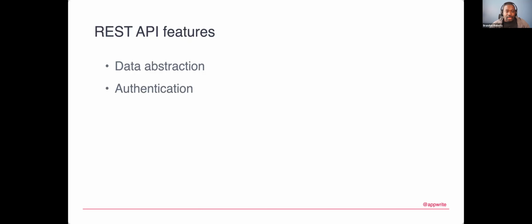There's also authentication. This is one of the things that's always a challenge to get right, because there are lots of different ways you can authenticate across different services or even integrating with other services. There's also storage, as we mentioned, being able to store and retrieve data or even store and retrieve files. And even connecting to other systems is another common aspect of a REST API, that it provides that layer on top, and underneath you're connecting to these other systems to get this data in and out.